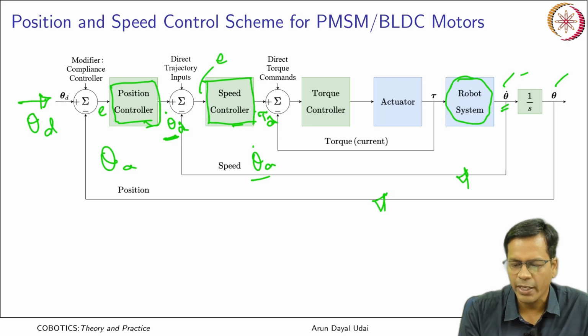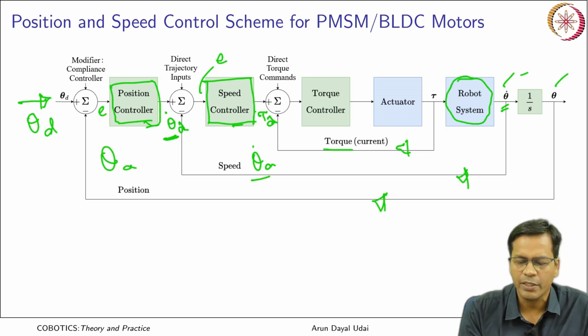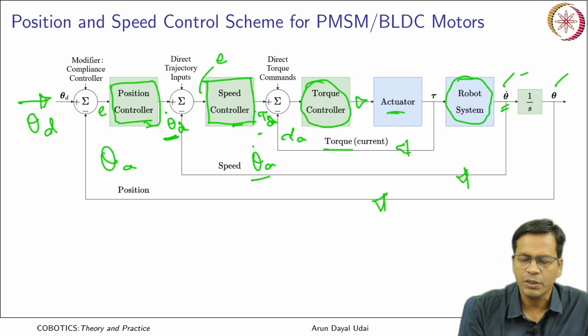Now again you may have a current sensor that gives you the calculated torque over here, that is the actual torque based on the current sense can be compared with the desired torque. So, actual torque here and the desired torque here can be compared, and that goes to the torque controller here, and finally the current goes to the actuator controls the robot. So, this is a closed loop scheme which can control the position of the robot joints.